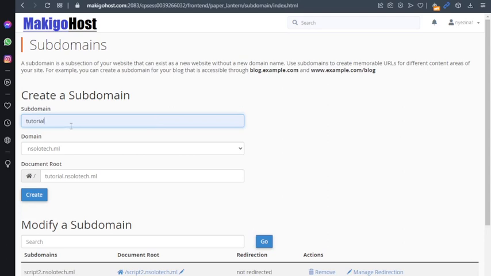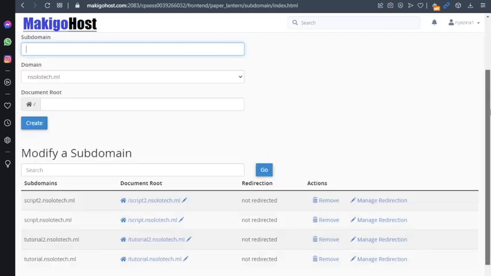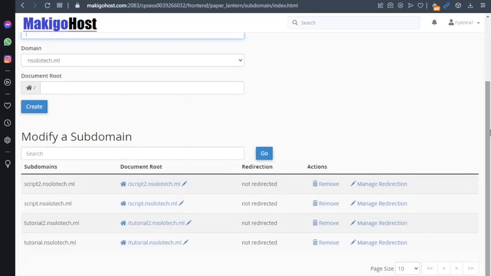So tutorial 3, I have tutorial 1, so tutorial 3 dot my main domain name.com. I'll click on create, and success, the subdomain name has been created. And with subdomain names, you can use them